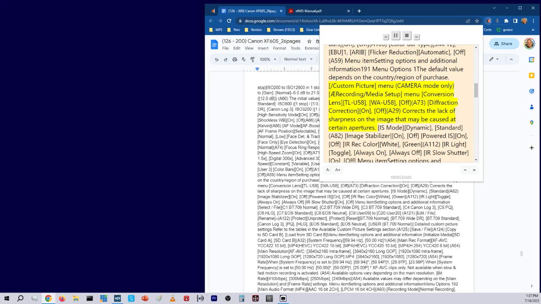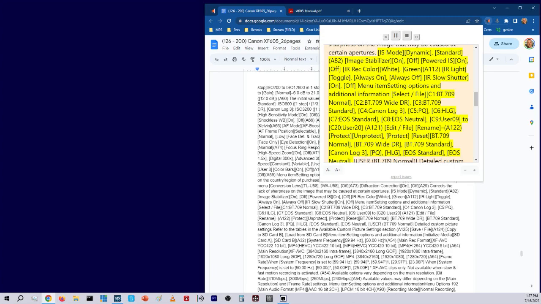Custom picture menu, camera mode only, air recording/media setup menu. Conversion lens: TLU58, WAU58, off, A73. Diffraction correction: on, off, A29. Corrects the lack of sharpness on the image that may be caused at certain apertures. IS mode: dynamic, standard, A82. Image stabilizer: on, off. Powered IS: on, off. IR rec color: white, green, A112. IR